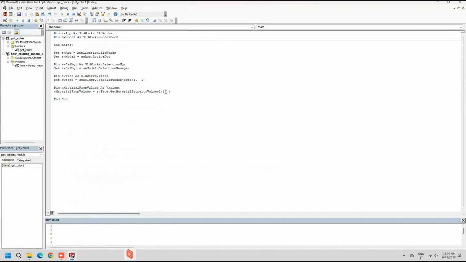We're going to pass in nothing, and then for I equals LBound vMaterialPropValues to UBound vMaterialPropValues, next I, and let's